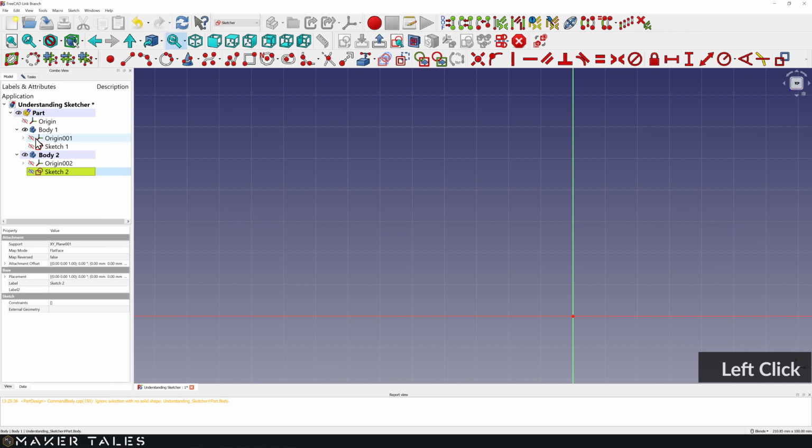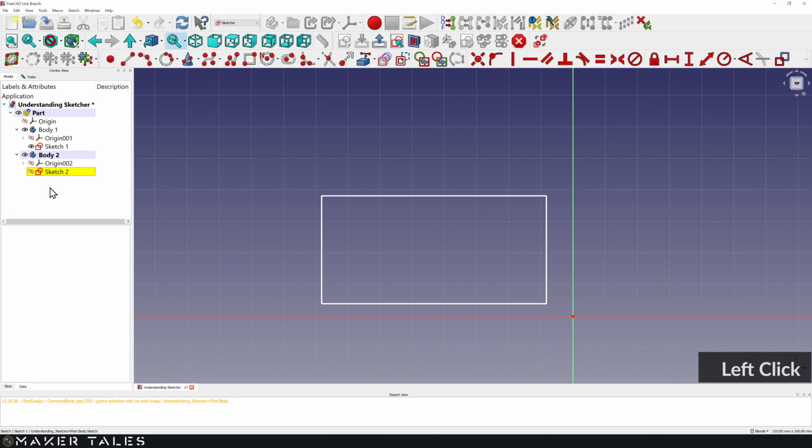And we have Body 1. You cannot see Sketch 1 right this minute. So let's go ahead and turn on Sketch 1 so that we can see Sketch 1 inside of Body 2. Let's go and use the tool like we would think we would be able to, and you'll get this big error. It's not possible to do that. You just cannot do that copy across two bodies.